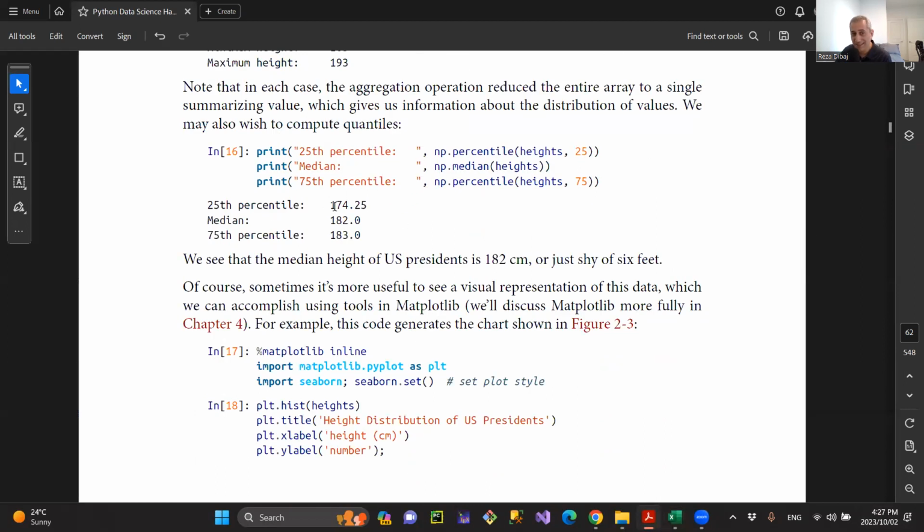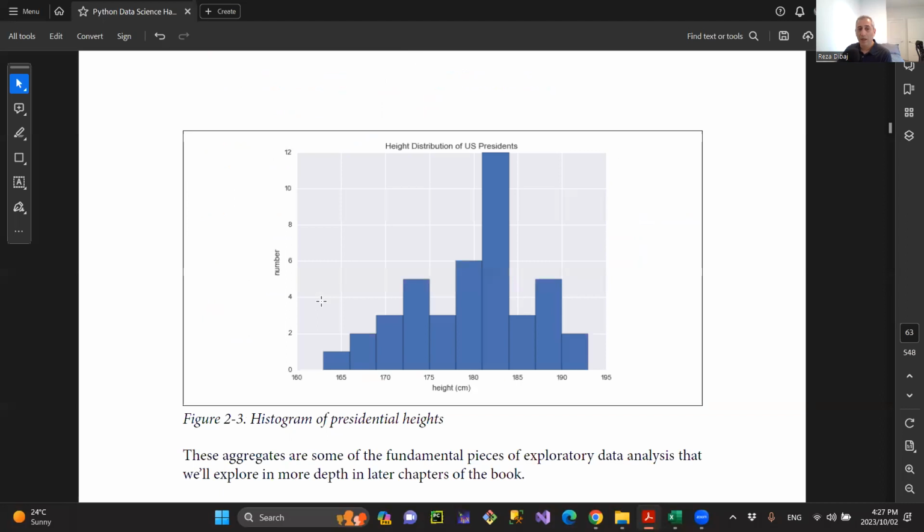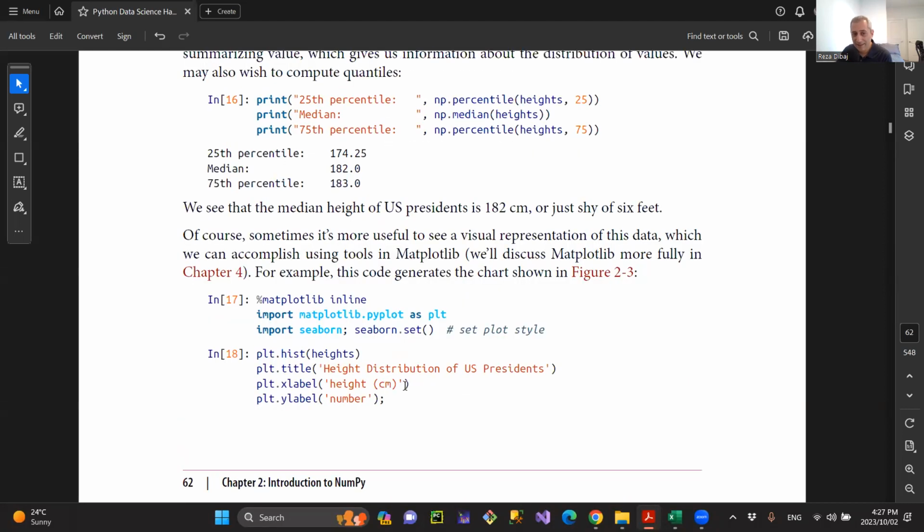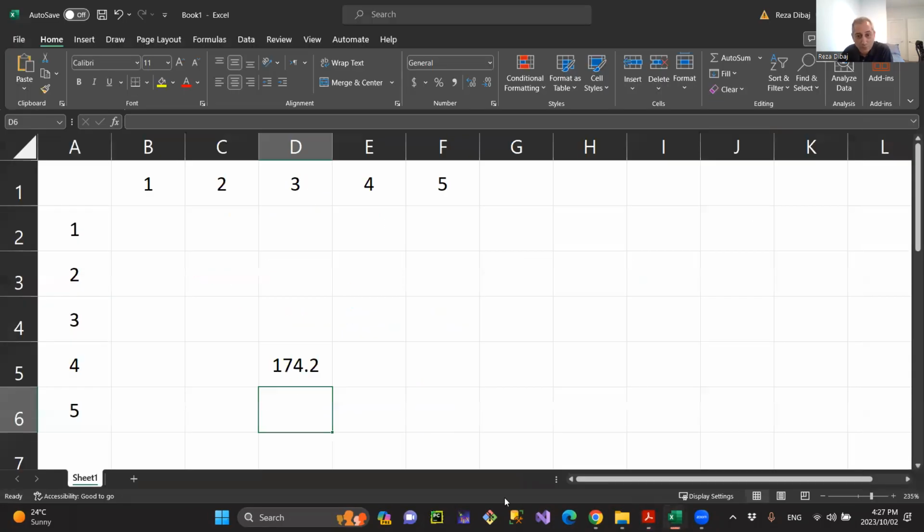So here is an example. For instance, 174.25. It shows that here, the person in the middle, we call a median as well. And the thing is, if everybody